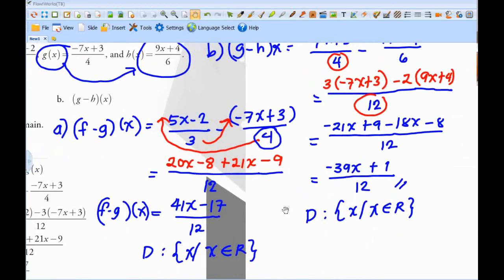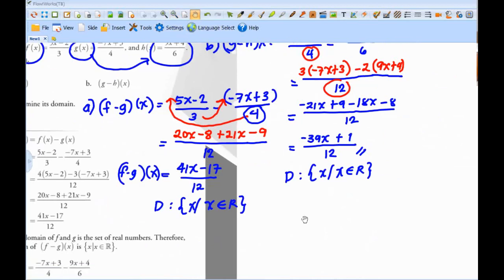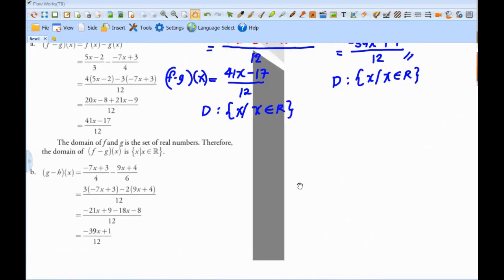What else? What about in terms of adding and subtracting, finding the LCD? Okay, next we have